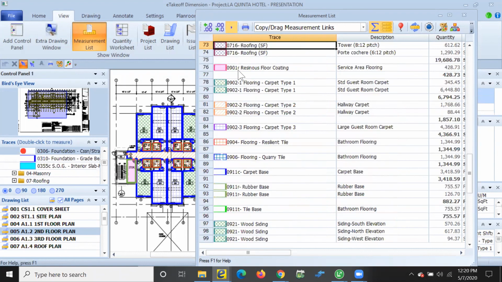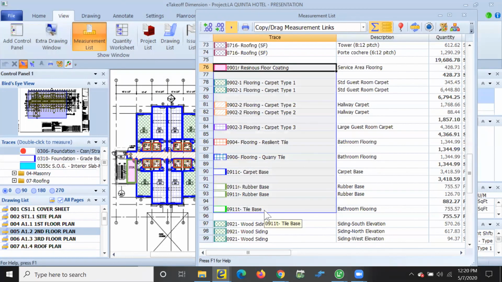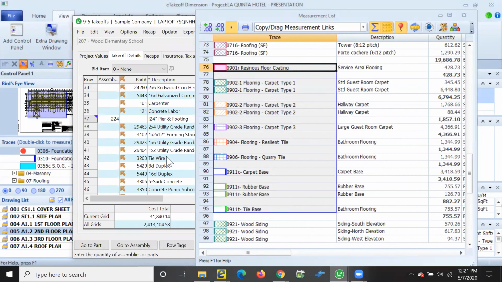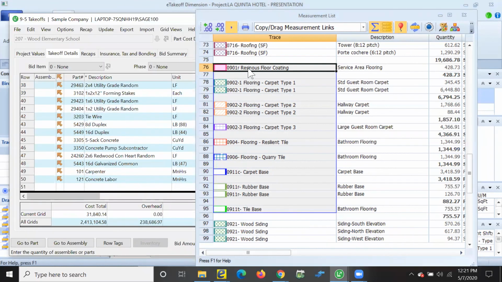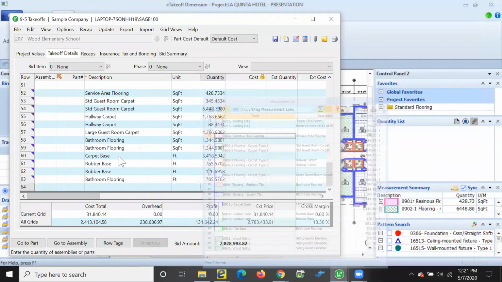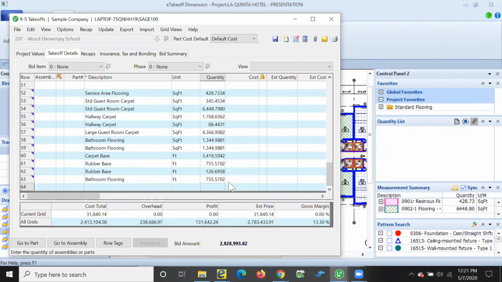So if I go down here to the different flooring types, for instance, I can just shift select the different base and the different tiles there. And then I will float this. You can float these screens so that they always stay on top in eTakeoff. If I pull up my estimate, it'll stay on top of that estimate as well. I select everything, drag and drop it right over into my estimate, and then I am able to see those quantities and their identifiers right within my estimate. So again, another easy way to quickly grab some takeoff and pull it into the estimate.